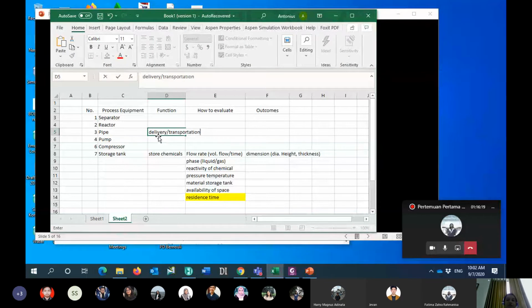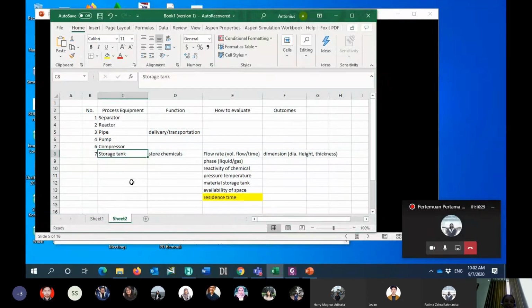Okay, how to evaluate? Similar to the previous question, like the storage tank. Okay, my boss tells me to deliver the fluid, or to transport the fluid. You need the pipeline. Your boss is asking, and says, okay, I will provide the pipe. What diameter do you require?